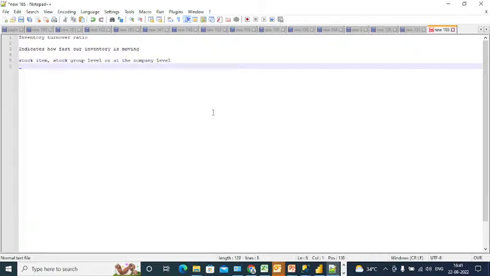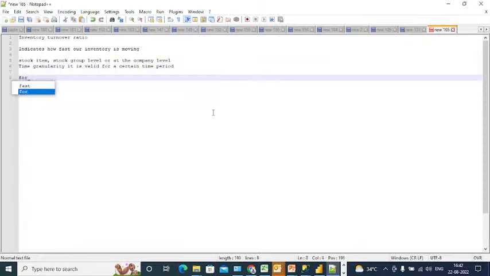But it has got a particular time granularity. That means the inventory turnover ratio will be valid for a certain time period. Now the formula for this inventory turnover ratio